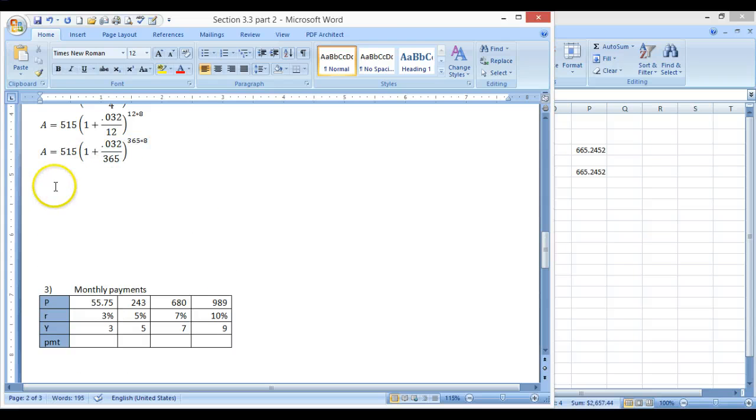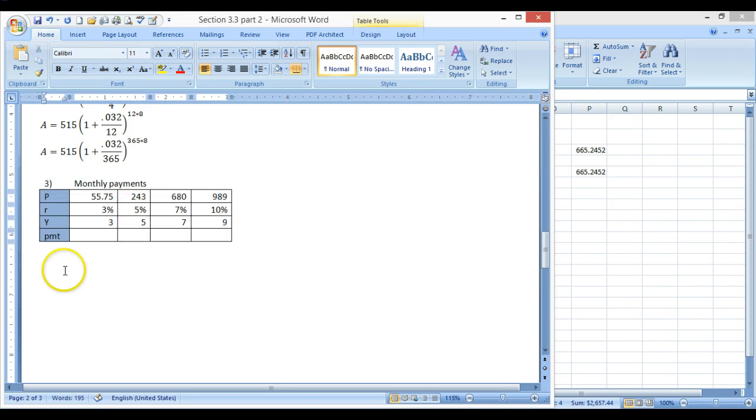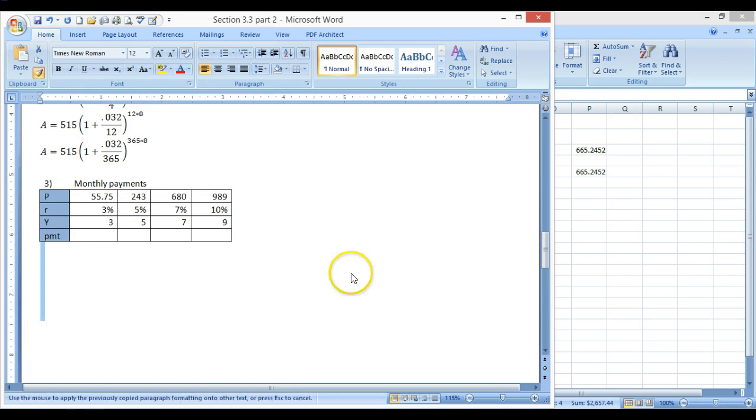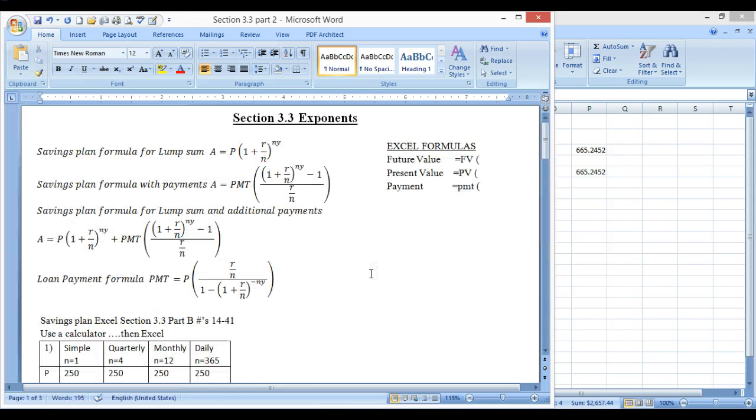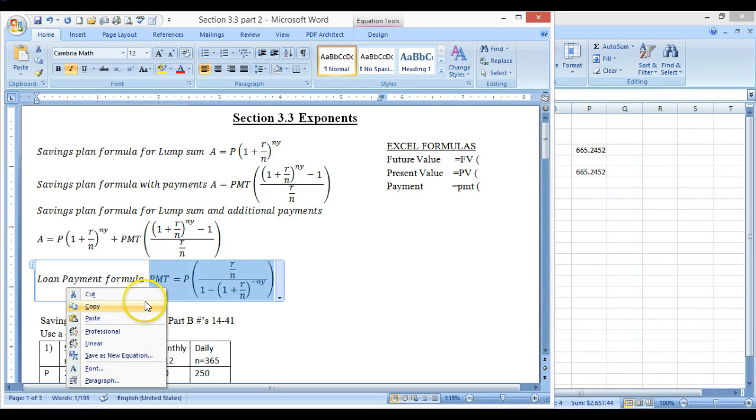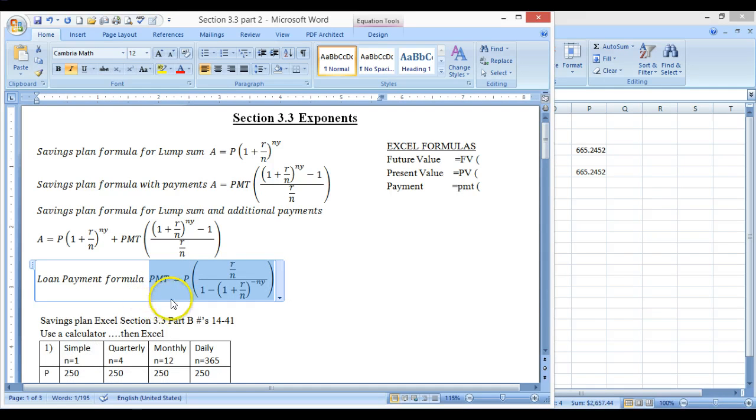This is dealing with payments. So above we were dealing with an investment. This is dealing with a loan payment. So the first thing I need, because we're going to do this by hand first, is find the loan payment formula. I'm going to copy this, and if you are confused about how to enter this in, we went to